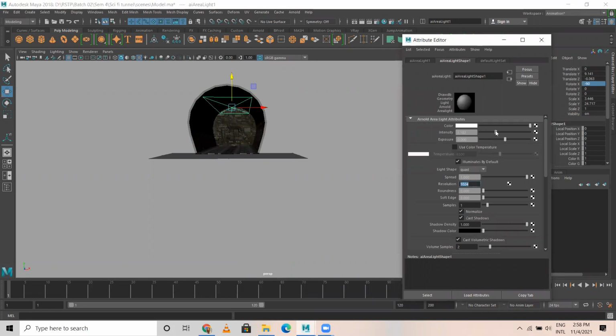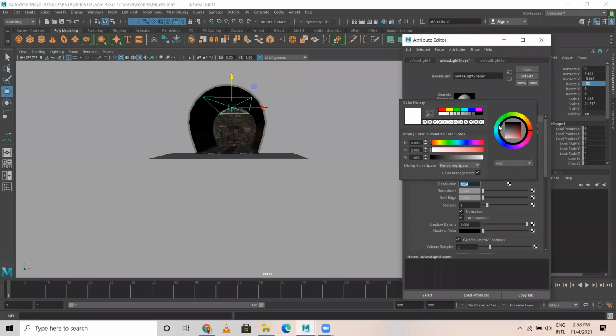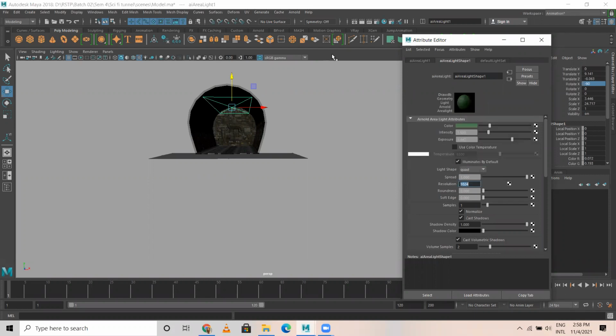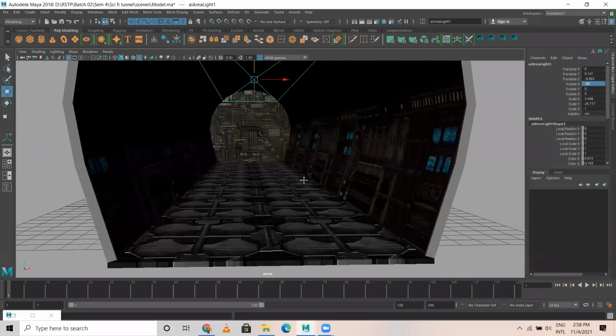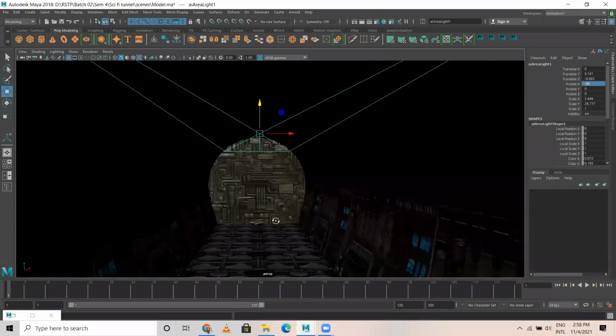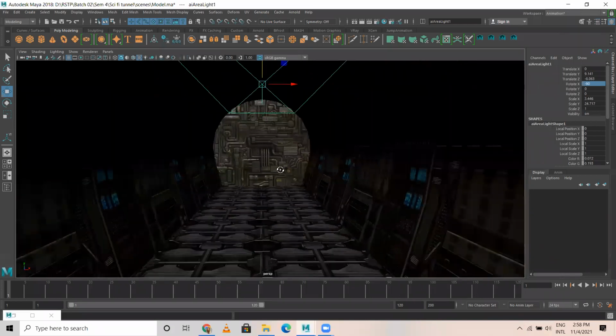I can increase the intensity a bit, exposure a bit. And coming to the color part, I would like to apply a green tint, something like this. Now let me just go a bit closer, like this.